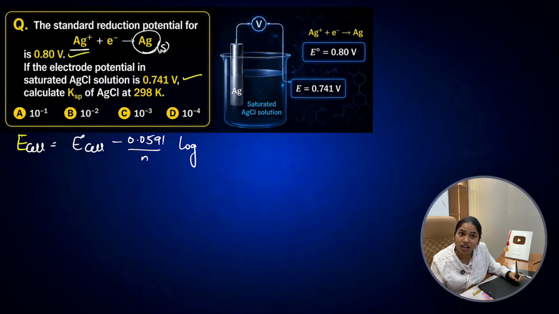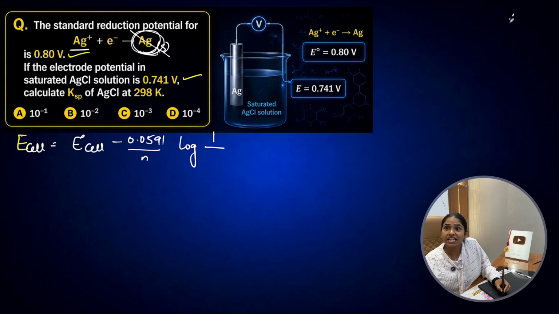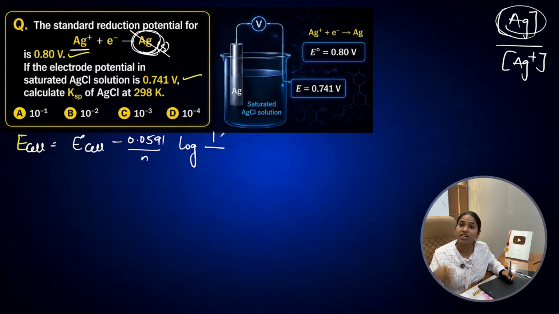But it is a solid silver. For the product we should not write anything, it's a unity. In the products place I kept the products concentration. See Ag plus, Ag, products by reactants, right? So the product is a solid, its concentration is considered as unity. The Ag plus concentration we have to write here. Then E cell is given in the question. How much? Electrode potential